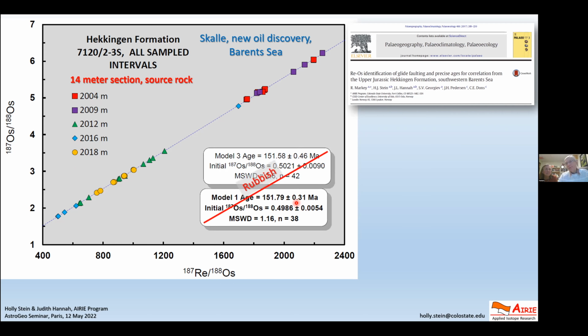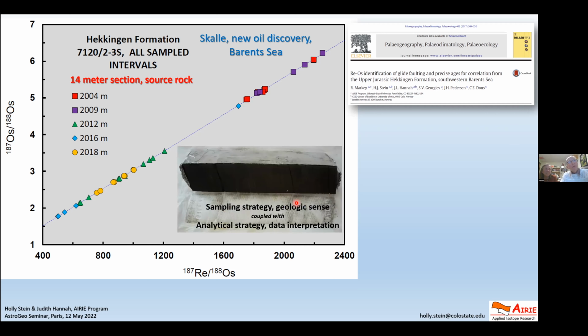This is rubbish. You can't do that. If you're thoughtful about it, 14 meters of core, you get millions of years of time. You can't say that's all in 300,000 years. And the reason it's rubbish is if you go to each of those pieces, like this could be this piece, and another one, they all look the same when you're looking visually. That's why the CT scan is so informative.